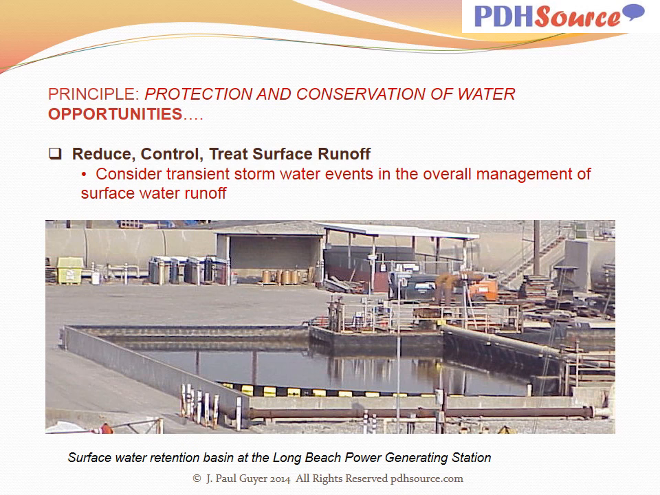Now in the protection and conservation of water, reducing and controlling and treating surface runoff. This is an example of what has been done in an industrial type environment. A lot of concrete all over the place, and asphalt concrete. And so when it rains, all of this rainwater just rushes off the site and discharges into the